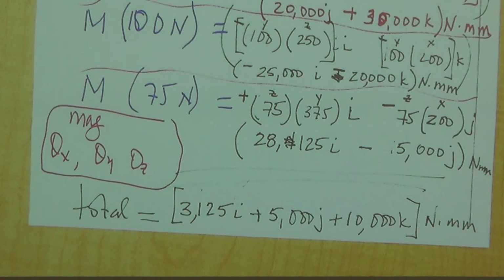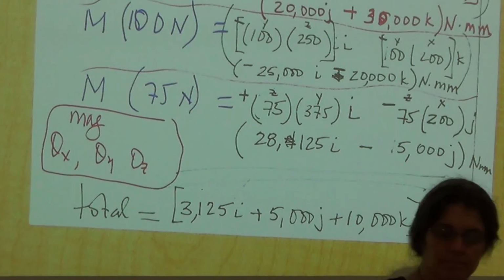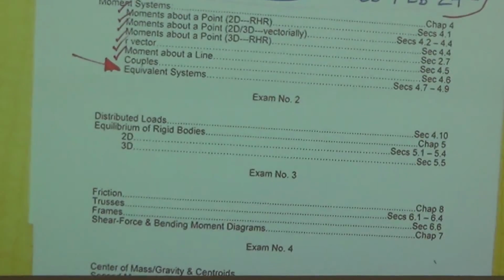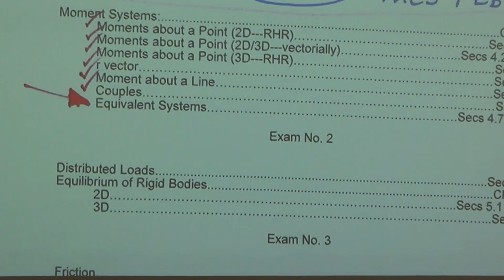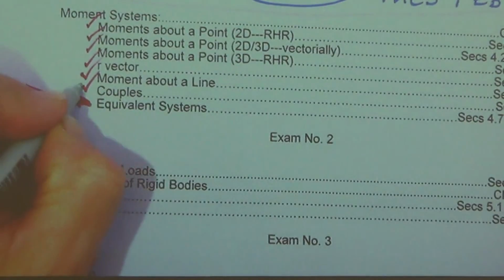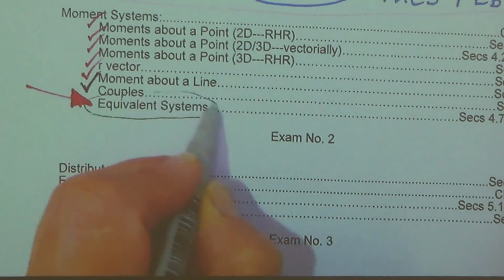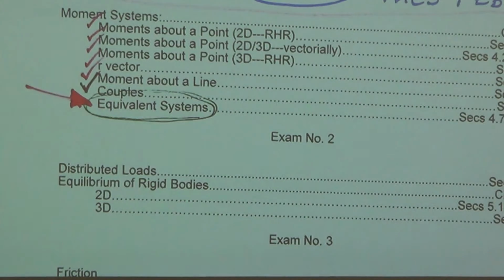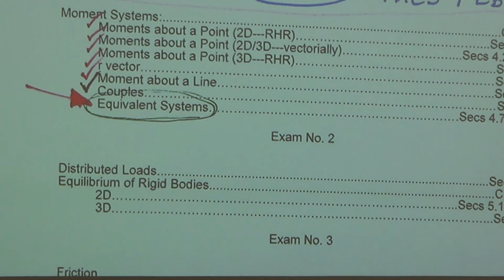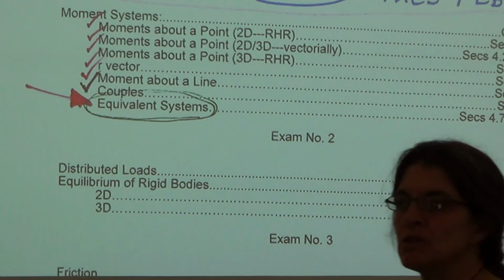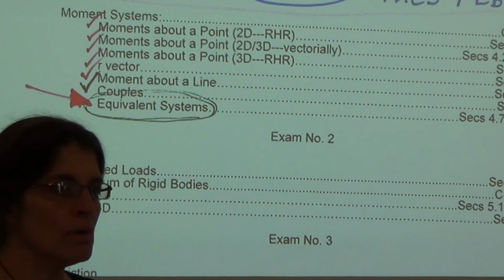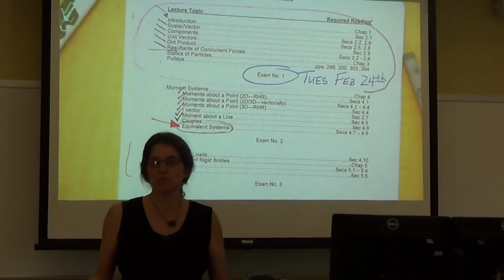So let's look at the syllabus. If we look at page 4 on the syllabus, we just finished couples. We only have one topic left before we have our second exam. We had talked about having the exam when I'm gone, but I'm gone next Tuesday, and we can't